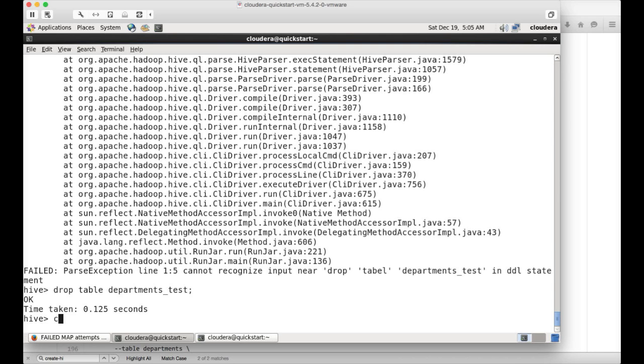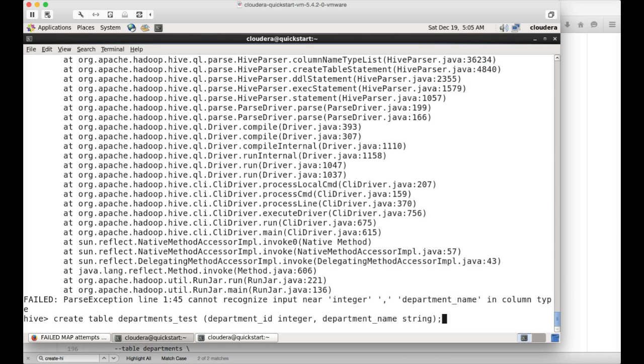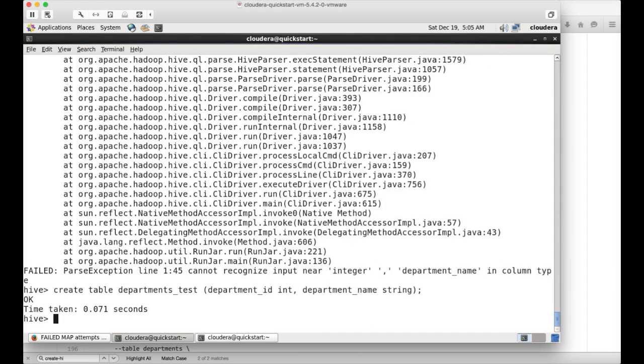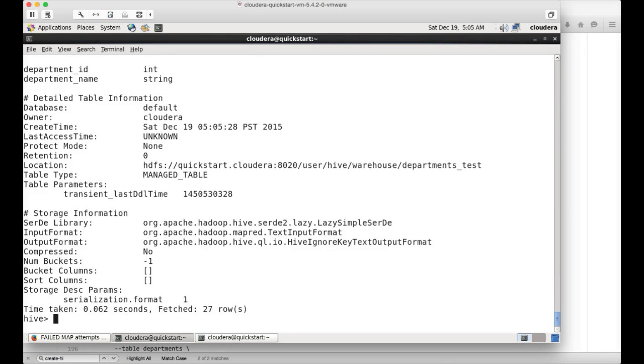Okay, and let me create this table: create table departments_test with the department ID as integer and department name as string. Now the table is created. It should be int only. And then if you do describe formatted departments_test, you can see